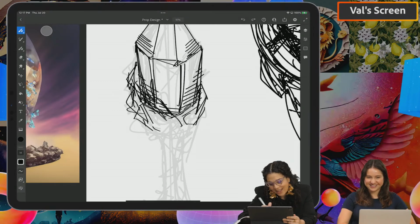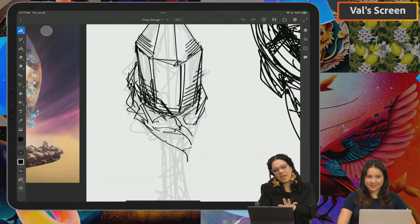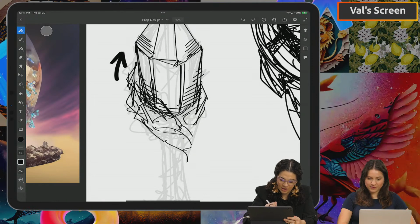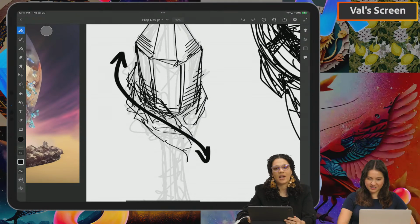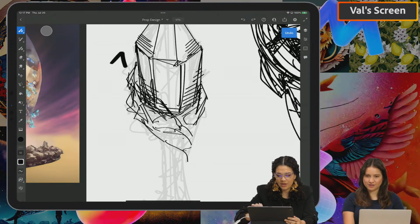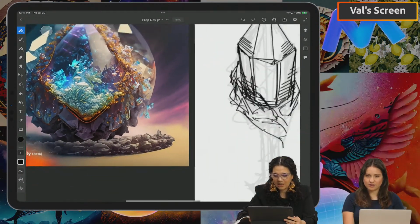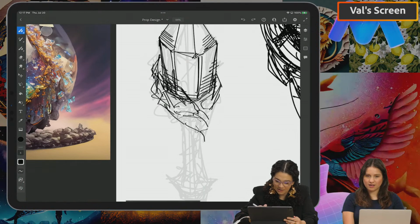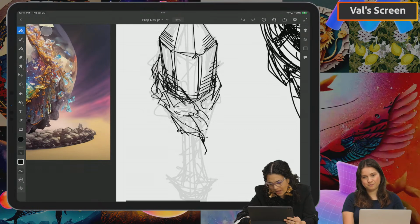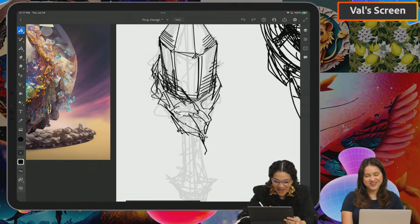So I'm just gonna do kind of this. What I think would be really cool is if we make it look sort of organic. So if we do, you know, it kind of goes in that direction, just really wraps around, sort of. So I think that we're gonna do something like that. Just make it, because this stuff is looking pretty organic. So we could do almost like that formation that looks kind of natural, and what can happen is we can